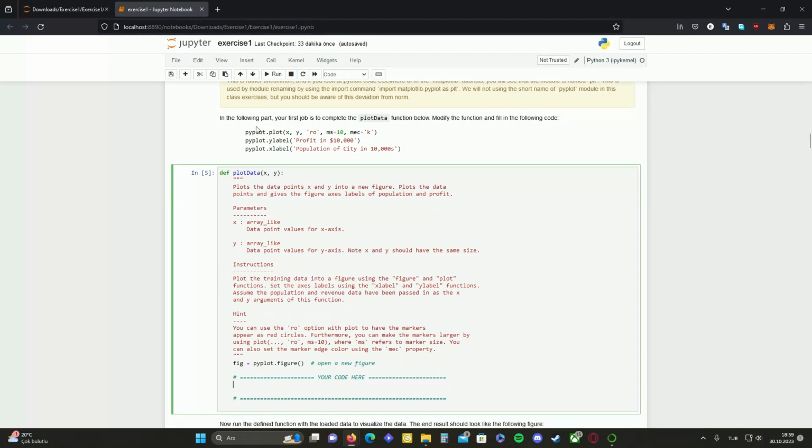The code wants us to fill these lines in: pyplot.plot(x, y, with the row marker, comma, marker size 10,